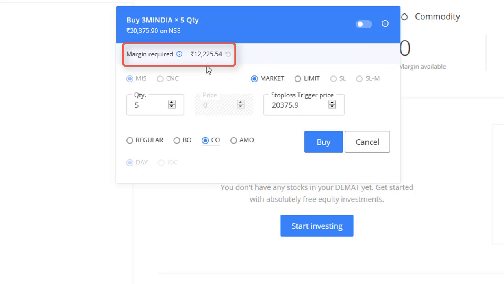One important thing: when you're trading on margin, you need to be very careful, because if the trade goes against you, and you're getting 5 times leverage in a particular stock, you will also wipe out your account 5 times faster than normal trading. If you're trading without a stop loss, you may end up losing a lot of money if the trade goes against you. That is really important. Leverage and margin trading is really risky if you're not using it the right way.